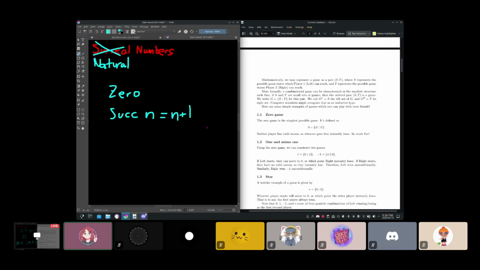And in a formal sense, we can say that natural numbers are the smallest structure that's closed under these two operations, right? If you only have the number 0 and you have successors for every natural number, then that gives you all the natural numbers. You get 0, and then the successor of 0 is 1, then the successor of 1 is 2, then the successor of 2 is 3, and so on.